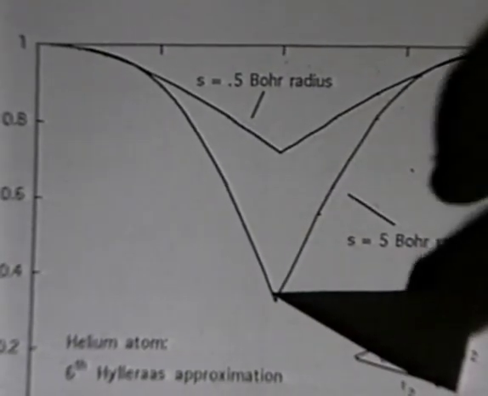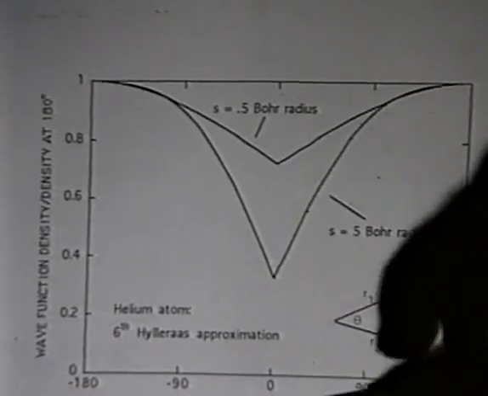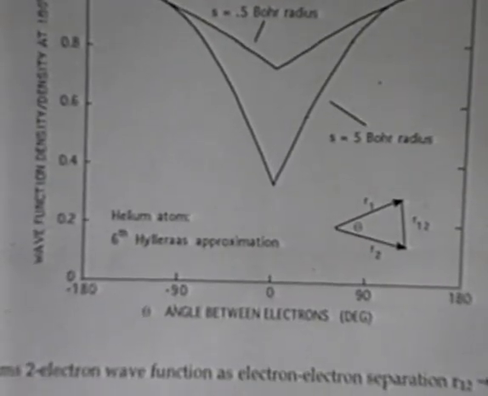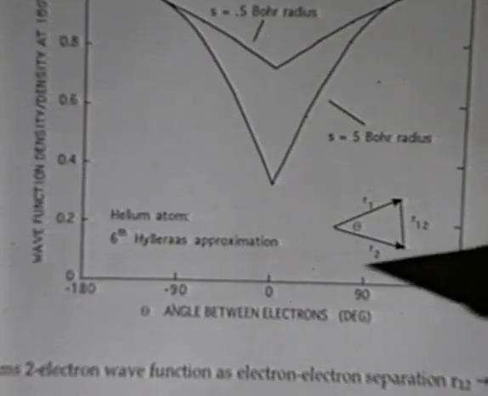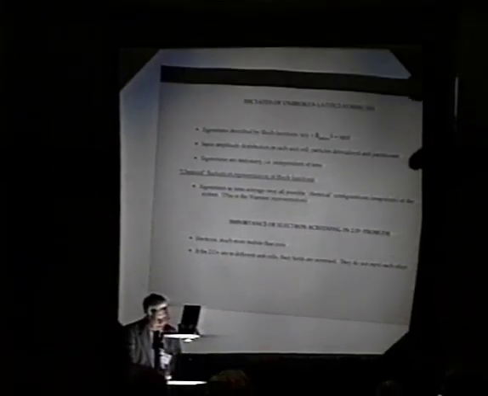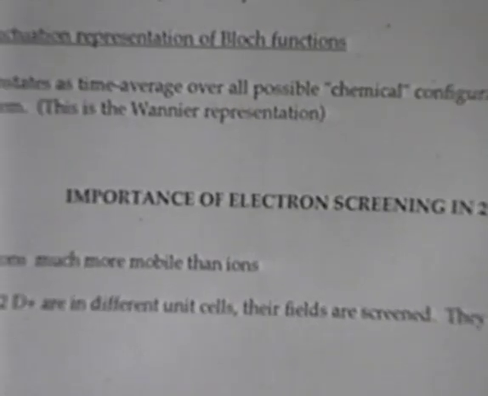Now you will note in this particular case that this function does not go down to 0. What that means is there is substantial overlap of these two electrons at R12 equals 0. And so if these electrons had the nuclear properties of deuterons, they would fuse. Now let's go to the question of Coulomb overlap with these very much heavier particles in the band state.